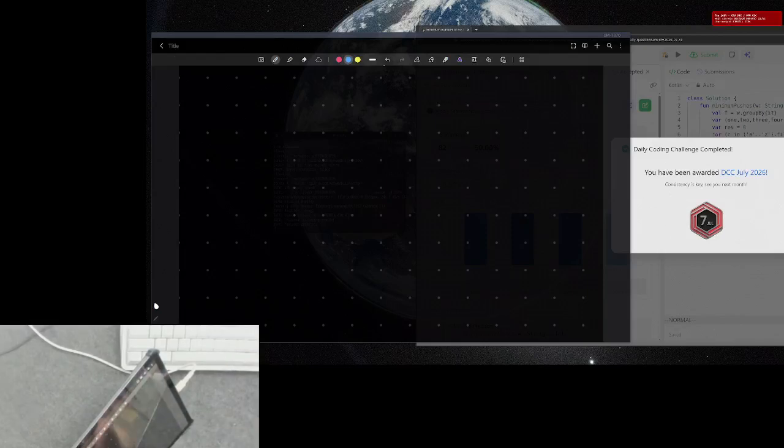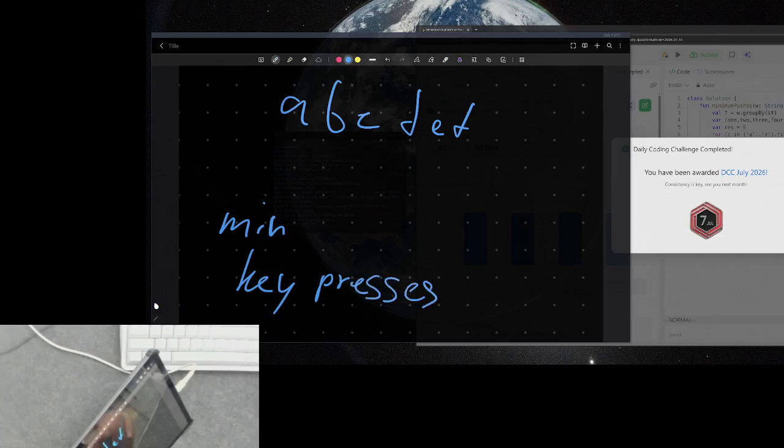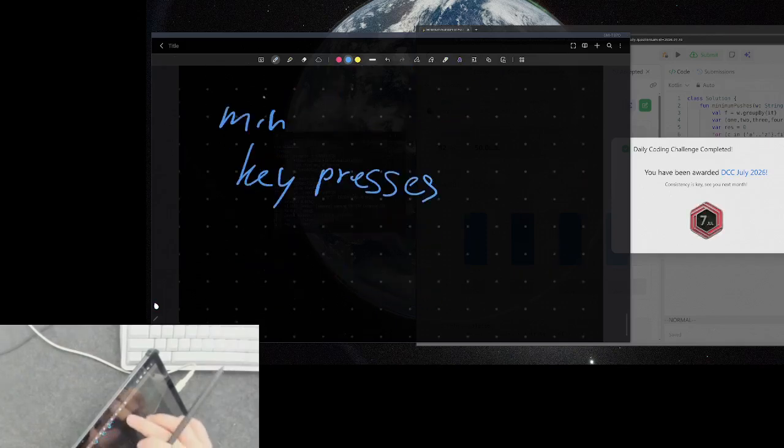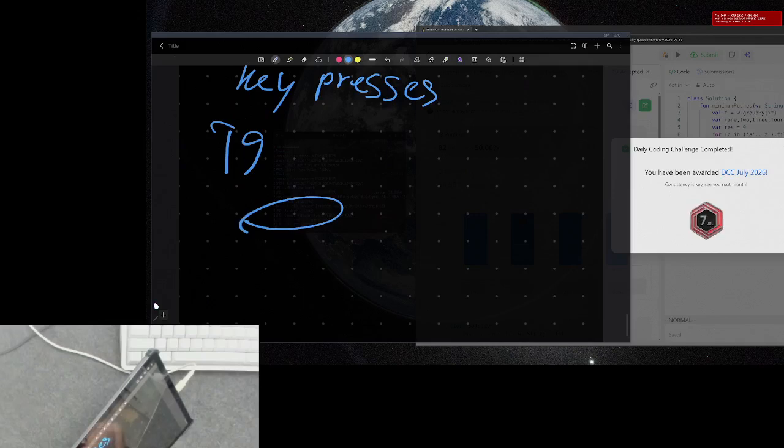Today we have a medium problem. Given some string, we want to find the minimum number of keyboard presses. That's a T9 keyboard, and it consists of 8 buttons,